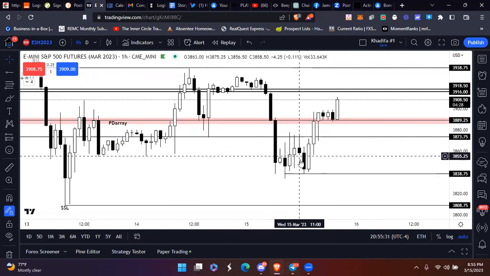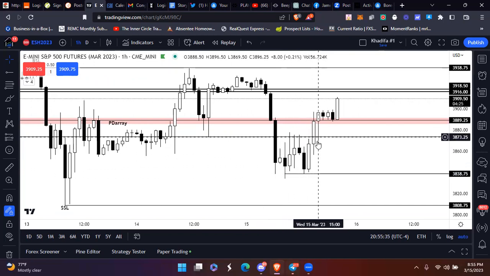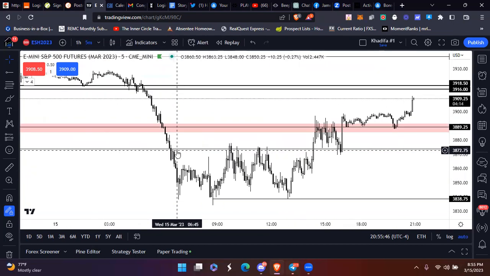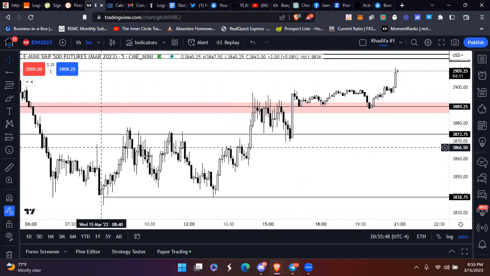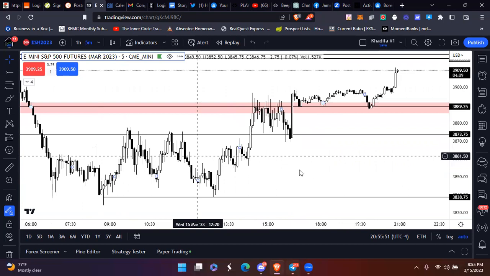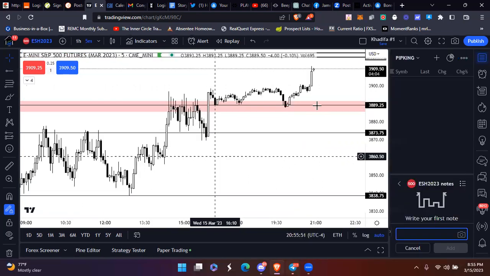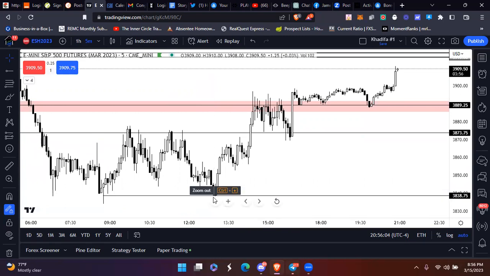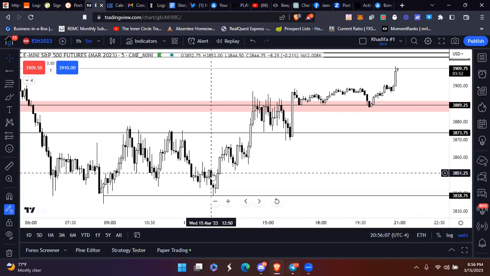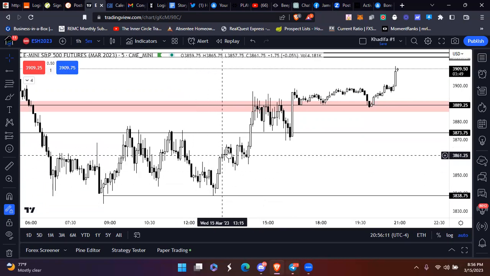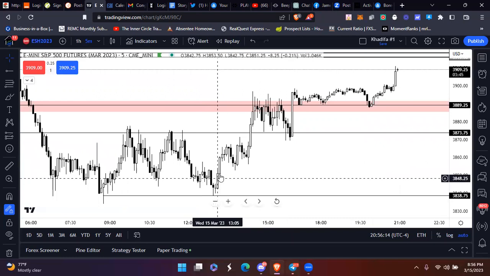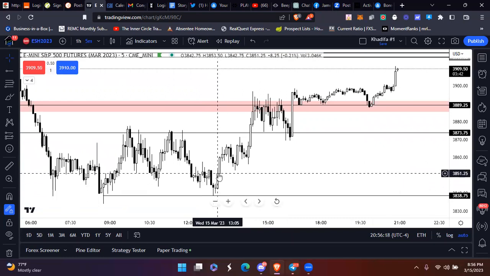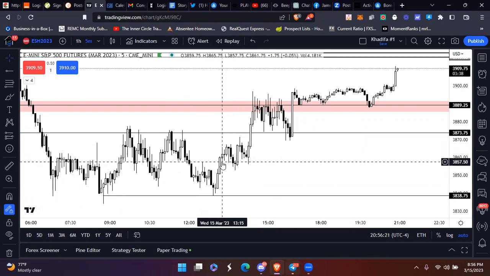And then for today, we pushed up. You probably can't see it on the hour time frame, but if I break it down to the 5 minute, you see the market maker buyer model set up. So you see the breaker block, the low, the high, the lower low here. You see that market structure broken through. You see the fair value gap created right there, the breakaway gap. And then we see this fair value gap created